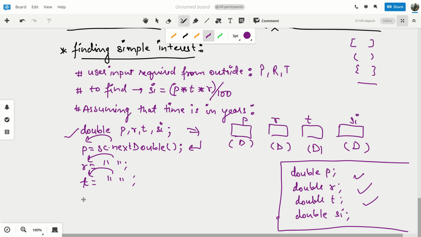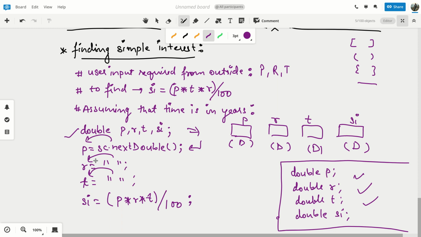Now, once you have got all the values, how will you calculate simple interest? You have got P, R, T. So you will write the expression by 100. So what will this line do? In the background, this will store the result of the expression in SI, but first the expression will be solved to obtain a single value.